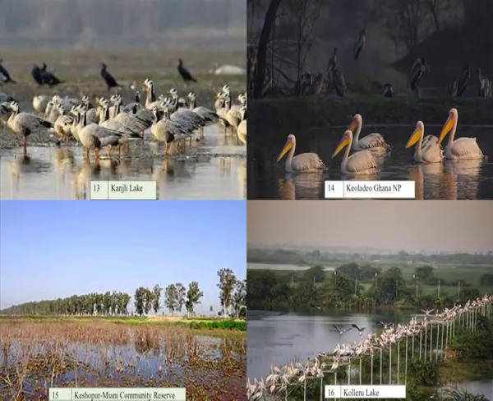This is again, you see, there are a large number of these wetlands which are found all over India. As I said, we have 42 wetlands. Now this particular reserve in Punjab is an example of wise use of a community-managed wetland, which provides food for people and supports local biodiversity. So each of these wetlands which I am telling you about has its own importance and its own local use.